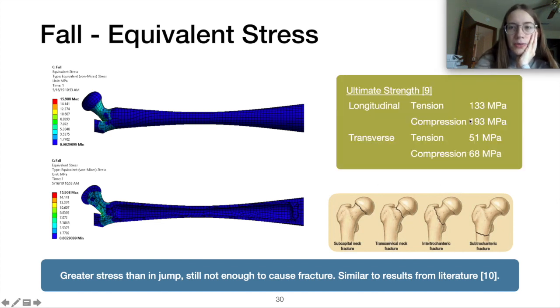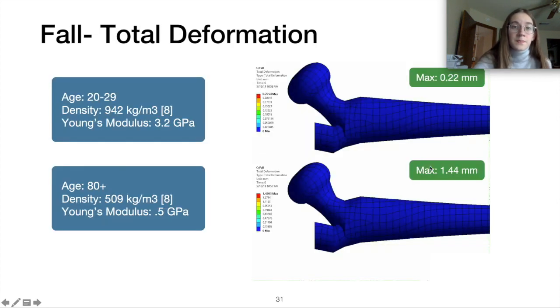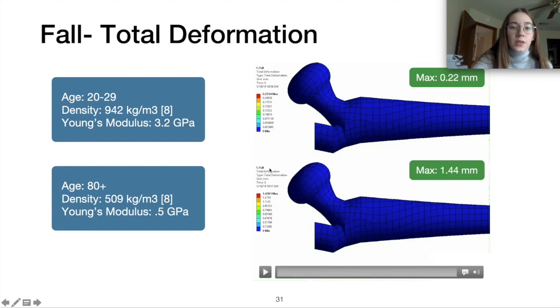Again, for your reference, here's the ultimate strengths. Tension, right? So here we would have compression, here we would have tension, or opposite. Here we'd have compression, here we'd have tension. But either way, it's still not breaking, which is nice. And then here's a total deformation